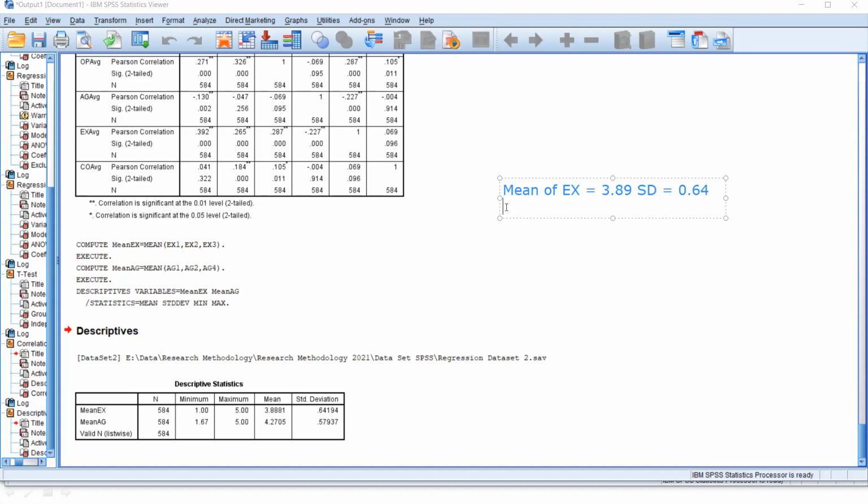Right? So then what can you say? You can make a conclusion based on this mean value. You can say that the majority of the respondents in this study are satisfied with this variable, the extraversion personality trait.